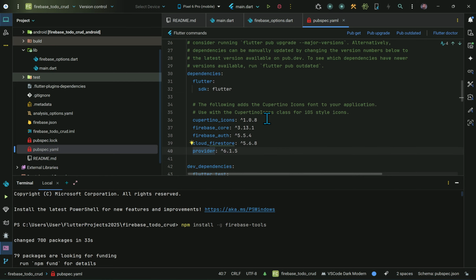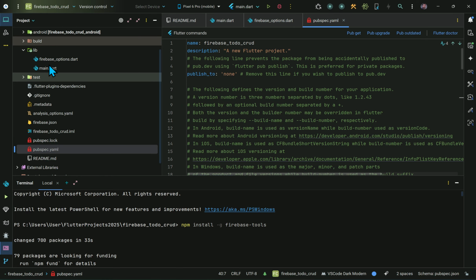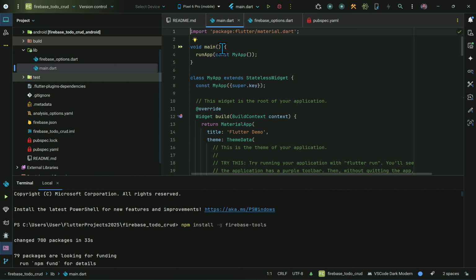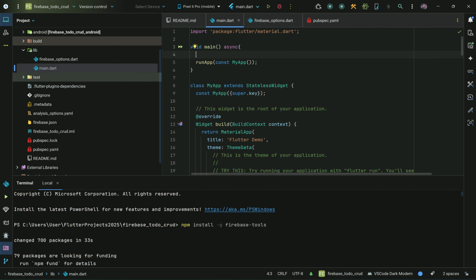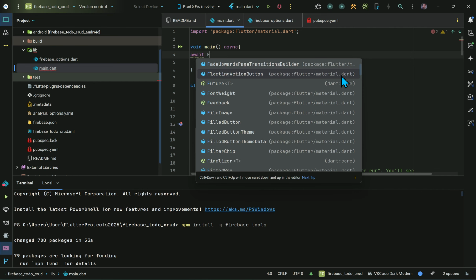The code. Now you see we can do it like this. Open main.dart, and here make this main function async, and before the runApp, we will use some code to initialize Firebase and initialize the Flutter widgets. As the Firebase operations are of type Future, we will make this await,